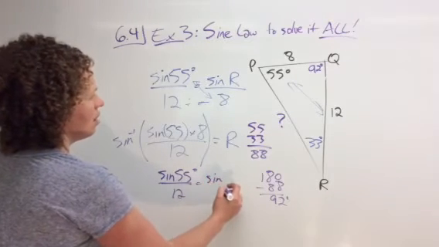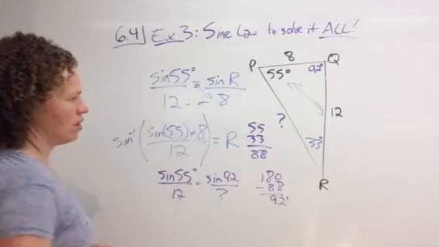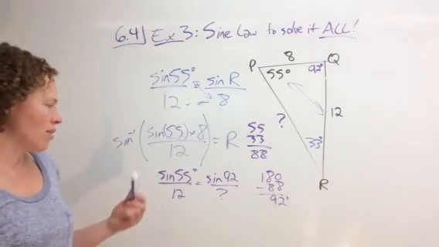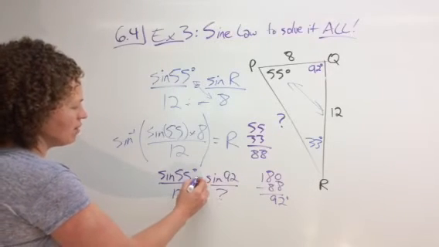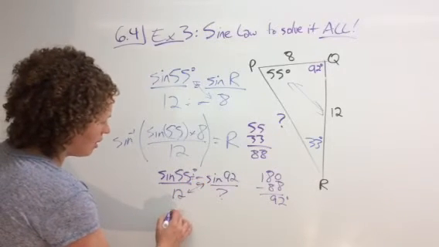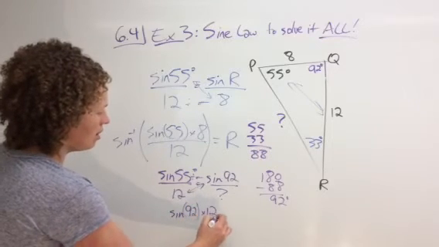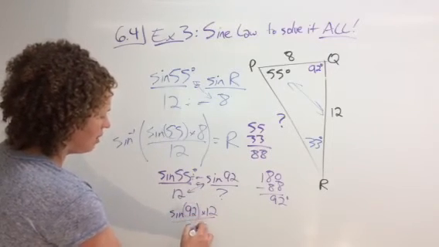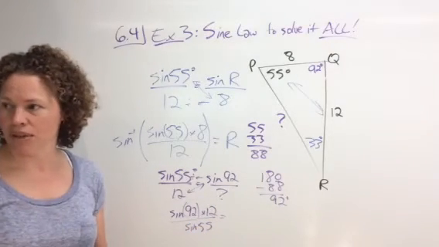Equals sine of 92 over the side that we're looking for. So now my cross multiply and divide looks a little different, because I'm going to cross multiply sine 92 by 12 and then divide by sine 55. That's going to give me my answer straight. I'm not going to have to worry about